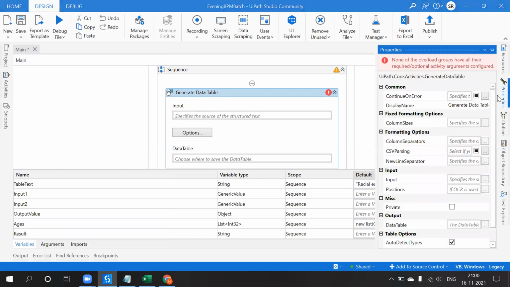So what input do we need to pass? If we have any column separators or CSV parsing.